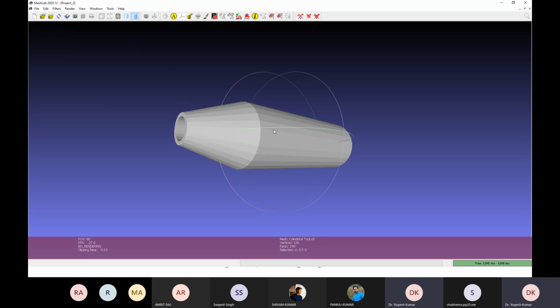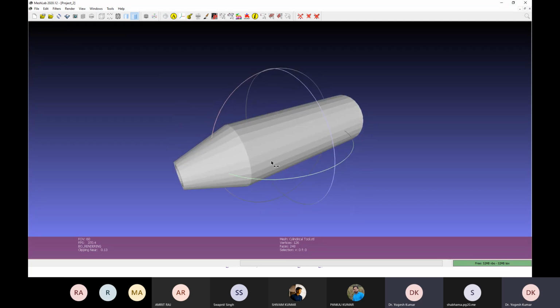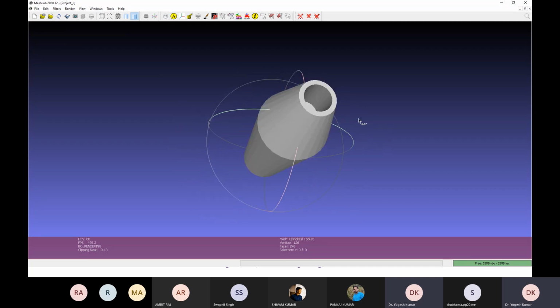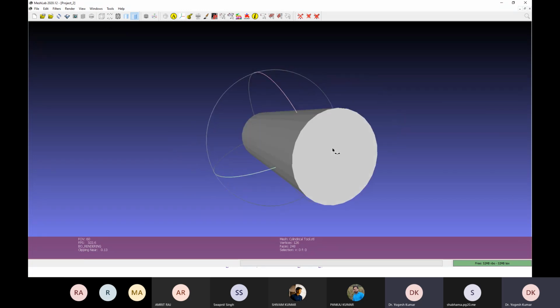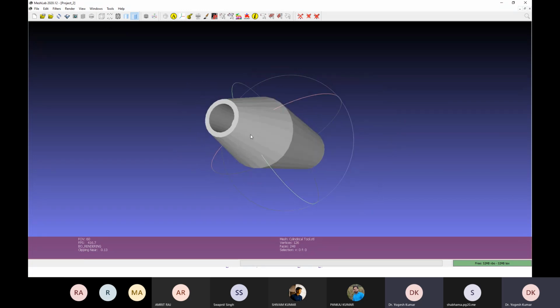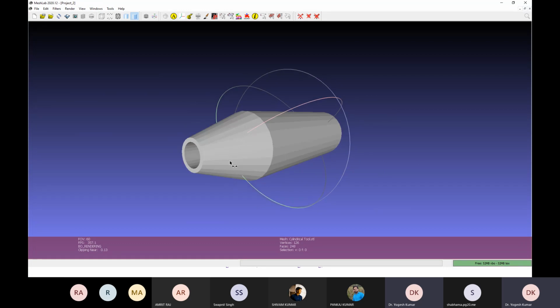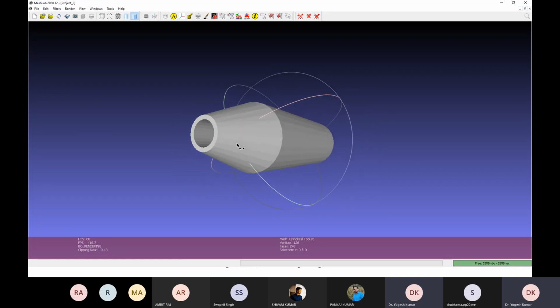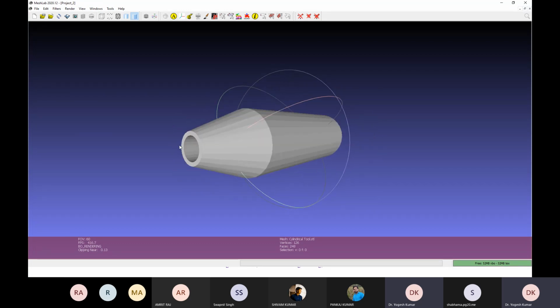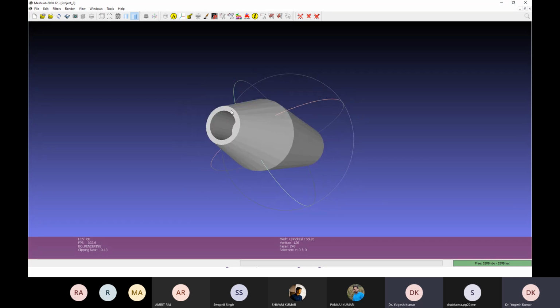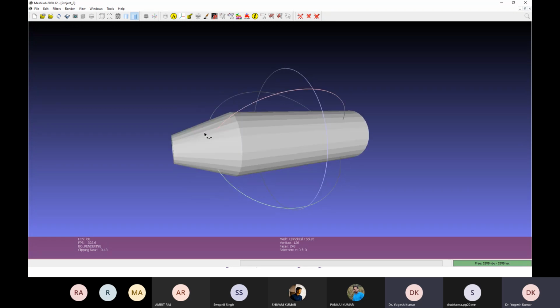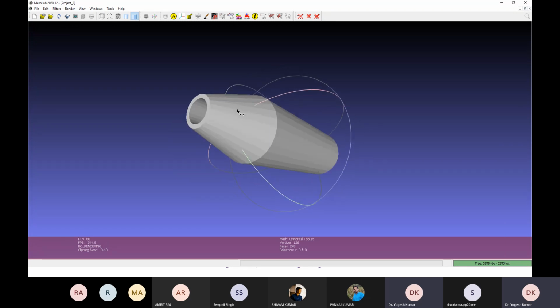Now what is required? There is a possibility that there may be some issues. Because this particular file has been created very accurately, you are not able to visualize any error or obstacle which will not be printed in your CAD modeling software.